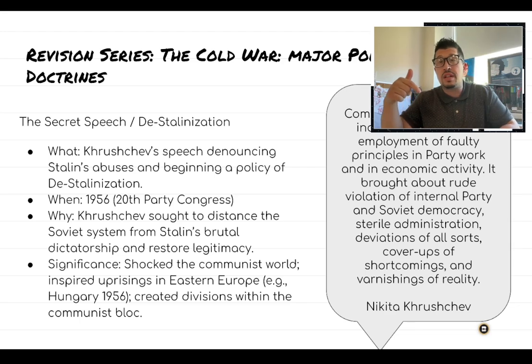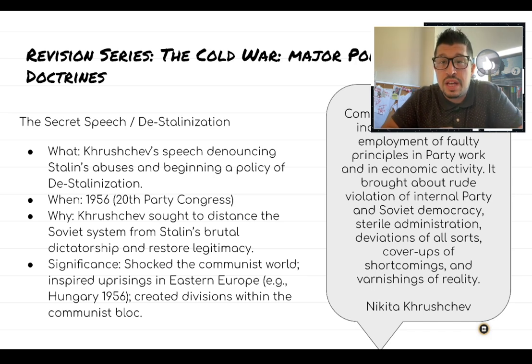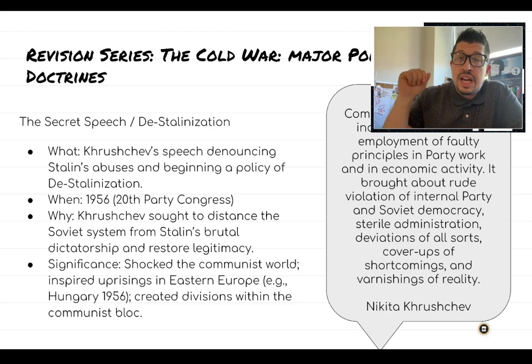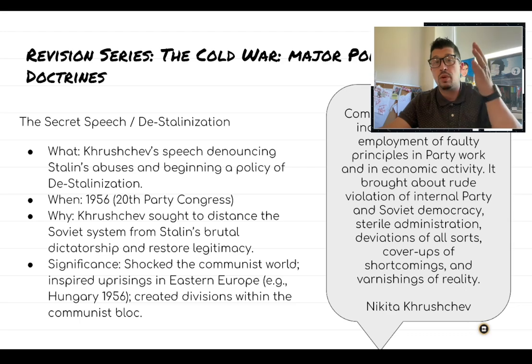And that's the big significance here, right? The secret speech is going to lead to immediate dissent issues inside of Eastern Europe, in Poland and Hungary in 1956, right? At this point in the Cold War, the standard of living is so low in some of these satellite states that as soon as they hear that it might be okay to dissent against the Kremlin, that's exactly what they're going to do. So Nikita Khrushchev's secret speech is going to lead Eastern Europe to think, is the key word there, think that they can revolt or dissent against the Soviet, when in reality that wasn't true, all right?